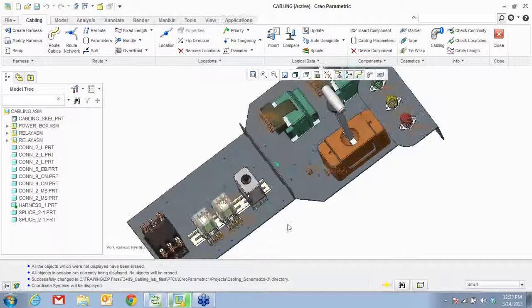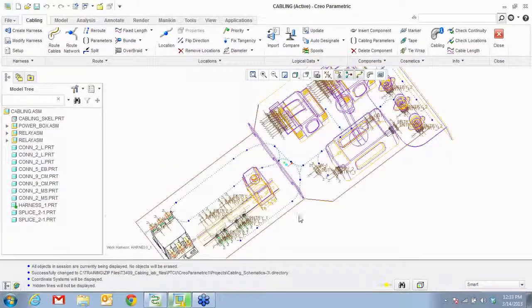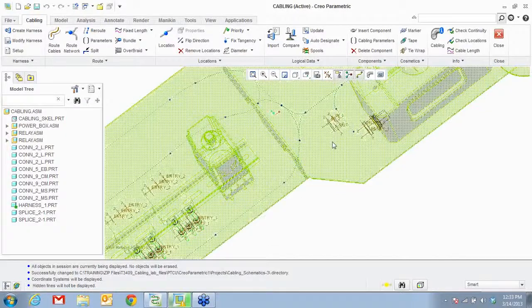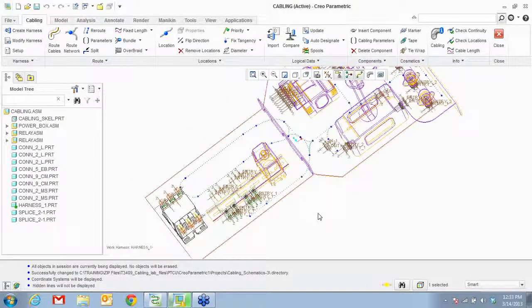Alright, so once you are in the cabling side of things, you see that I've created something called a network. Okay, you see these dotted lines right here? That's a network. Now I can let the cable go from point A to point B in the shortest route, or make it follow this network.